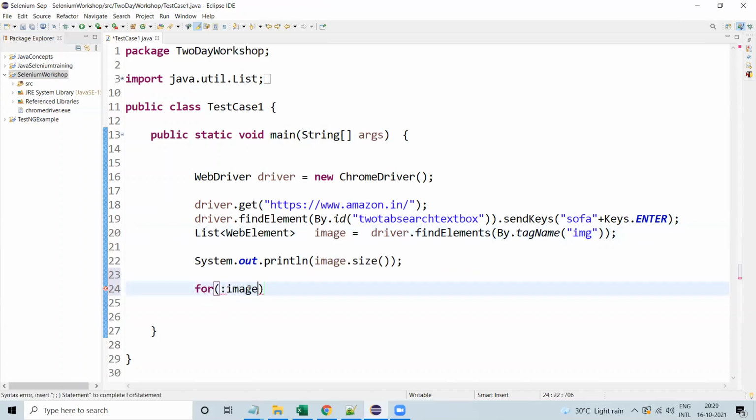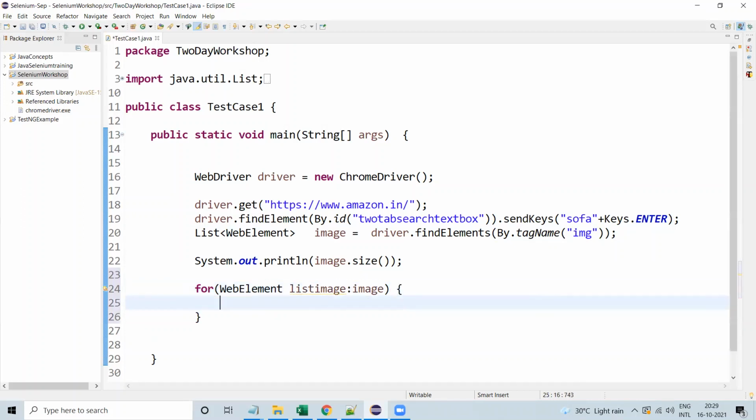I want to take the images one by one and store them in another variable, so I need to declare another WebElement variable, WebElement list image. Now I just want to print one by one.